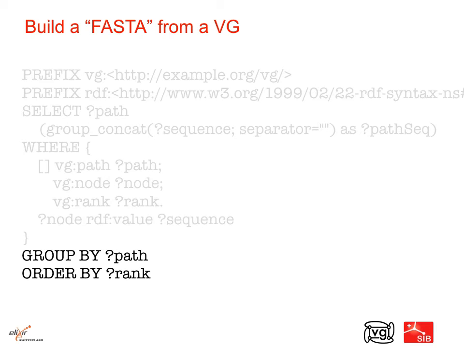We want to group by the paths so that we get a different sequence for every one of the paths, and we order by a rank to make sure that the concatenated sequence gives back the right order. If you leave that out, we have a problem. You can do similar things in SQLite and Postgres. It's standardized, also in SQL you have group concat, although different databases use different terminology for it,